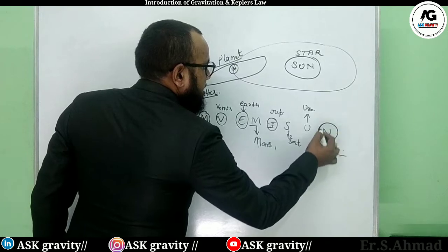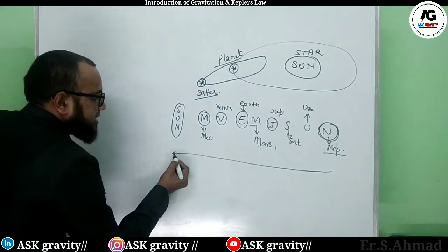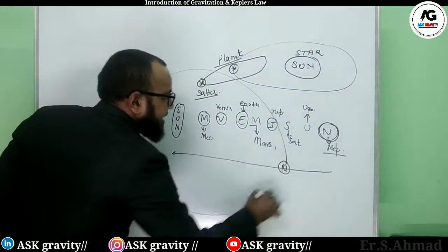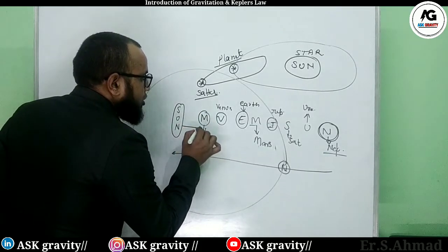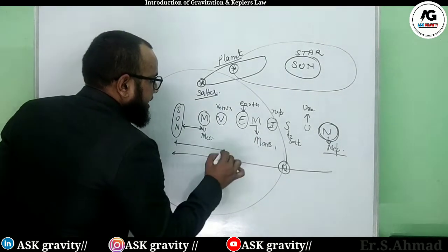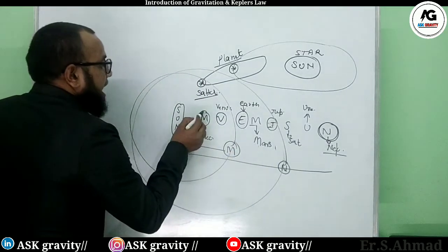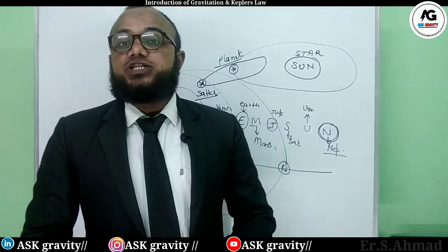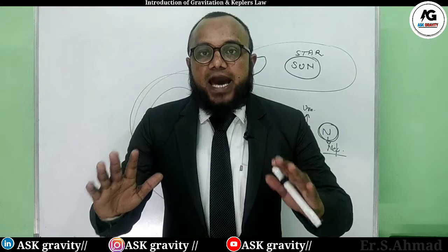Neptune is at the farthest distance. What happens if the distance between Neptune and the sun is decreased? Then the time period of Neptune will decrease. And what happens if the distance of Mercury, which is first from the sun, is increased? Then the time period of Mercury will increase, as the time period of Mercury here is very less. So before explaining this topic, we have to know about one of the scientists who discovered Kepler's